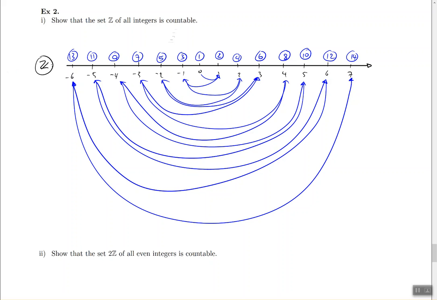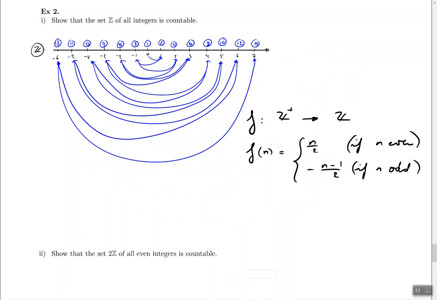This is advanced level mathematics. But there's a function. I mean, this is a diagram that shows you what the function is doing, but there's an actual expression that you can try in order to see that this is actually working. So as a matter of fact, this is the name of the function. It's kind of a piecewise defined function, and it's going from Z plus to Z. So what is this function doing? Here's what it's basically doing. It's basically taking the numbers in blue and considering those as your domain. And in return, it gives you a number from under the line, the integer itself.